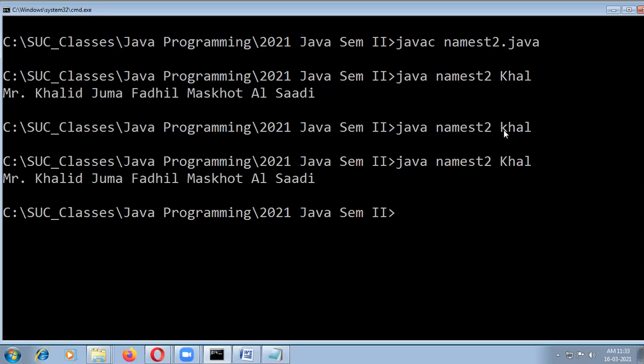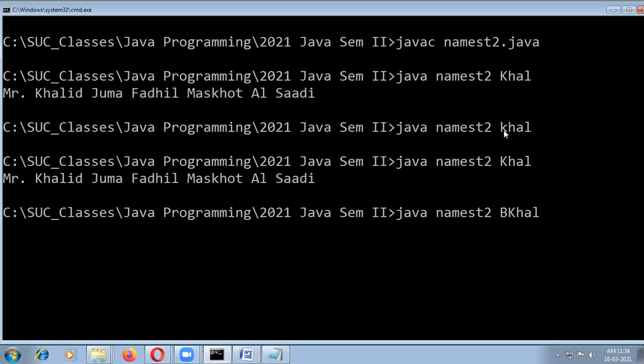Java differentiates small letters and capital letters. Even in String, if you give a small s, an error will come. Capital or uppercase letters are different from small letters because it's a programming language. They designed the compiler like that. So Call is working.